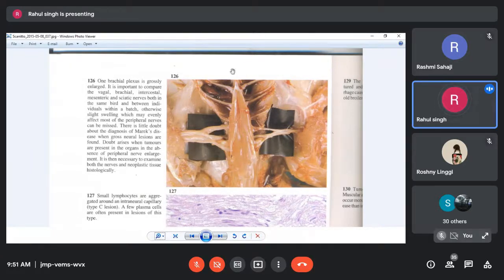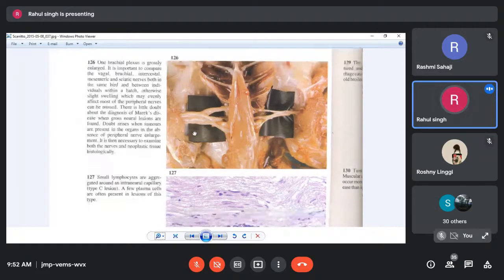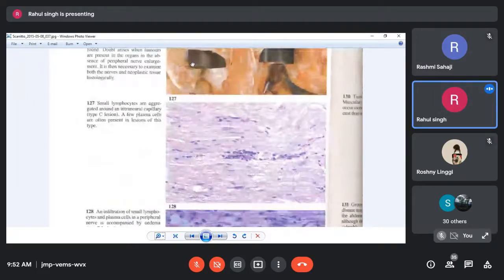Once again I'll explain, these are the ribs. This is the neck backbone part, and just behind the origin of wings, if we open it carefully, we will find the origin of nerves from the backbone, the vertebral column. And you can see there is development of asymmetry here. This side is smaller, normal. This side is enlarged, thickened. This is because of the infiltration of nerve by the lymphocyte. You can see lymphocytic aggregates here.